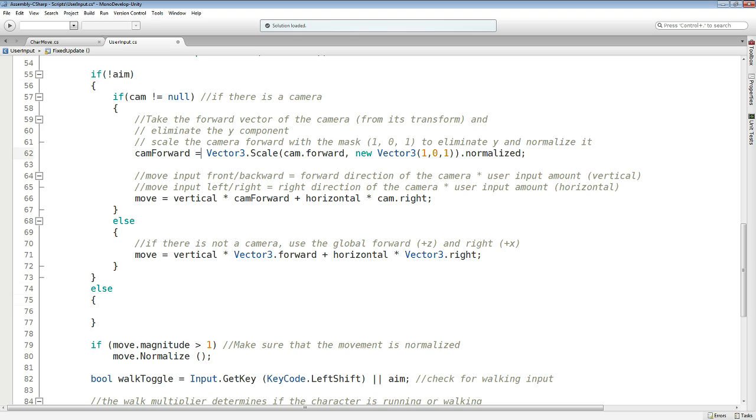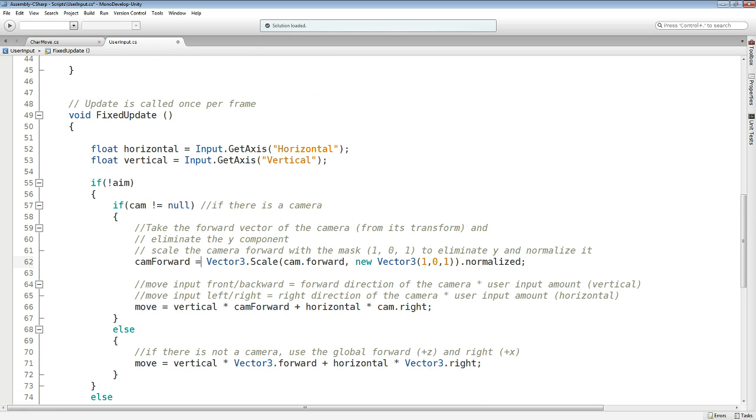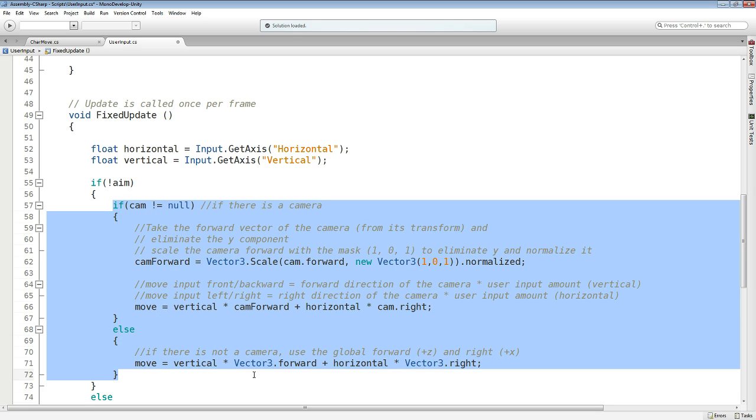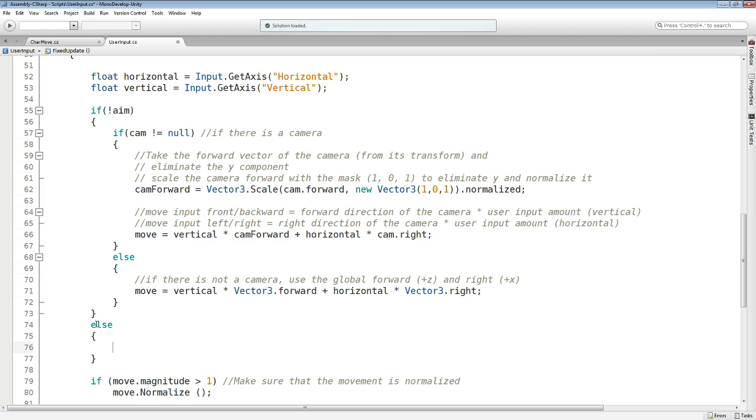So in our fixed update, we will say if we are not aiming, do whatever you were doing all this time. But if we are aiming,